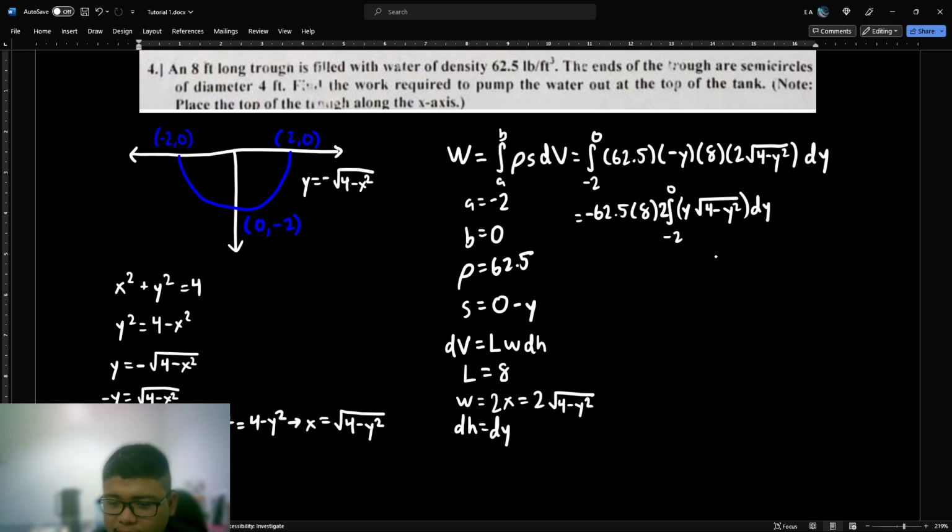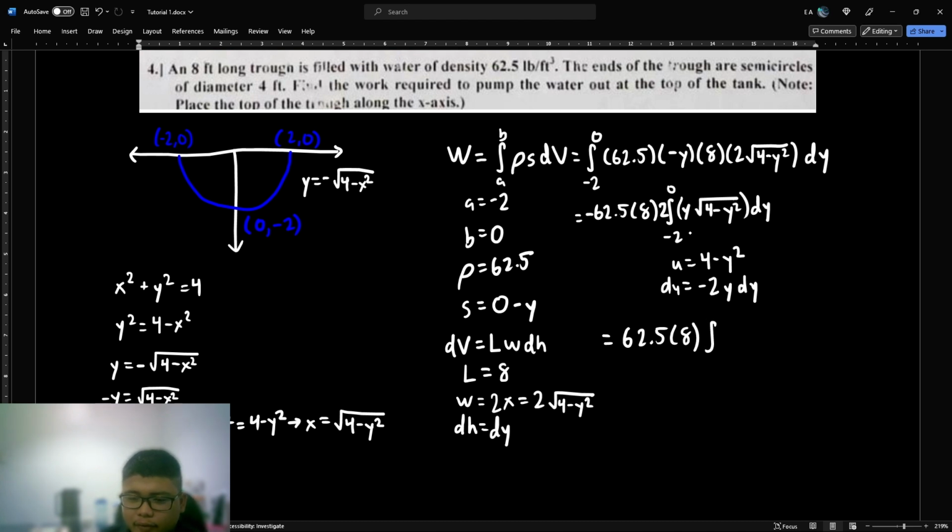Now let's use u substitution here. Let u be equal to 4 minus y squared. So du is actually equal to negative 2 y dy. We already have y dy here, so we only need to multiply by negative 2. Thankfully, we also already have negative 2 here. So that would be 62.5 times 8